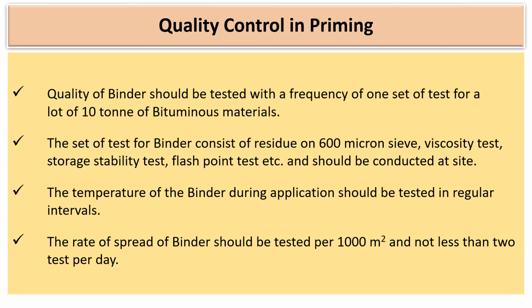The field tray test is generally conducted to assure the proper rate of application of prime material over the base course. The test consists of 3 light metal trays with a dimension of 200 mm by 200 mm area and 20 mm depth. They are generally kept in the path of the primer distributor while distributing the priming material over the granular base at an interval of 10 meter, and the liquid bitumen collected is verified and compared with the intended rate.